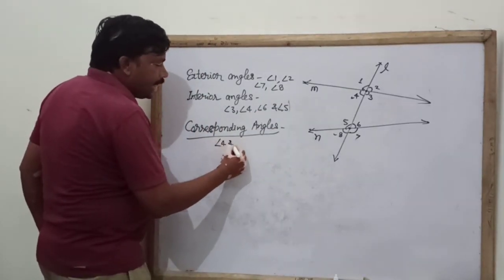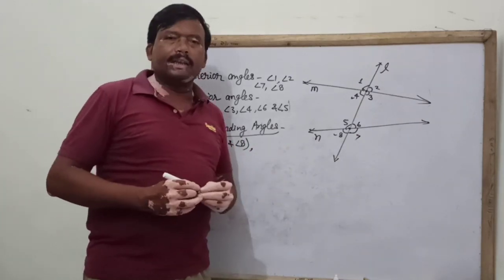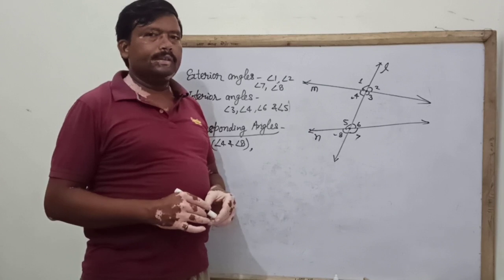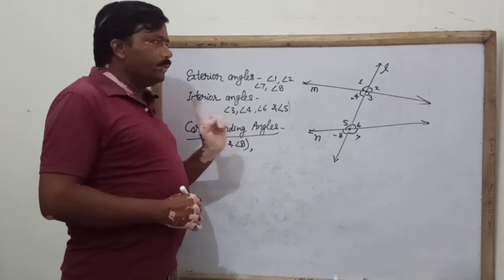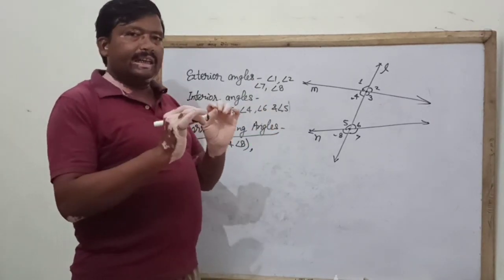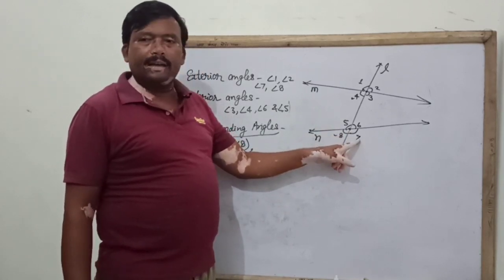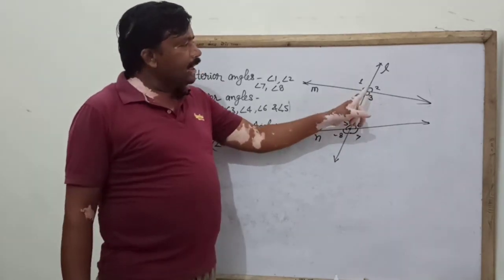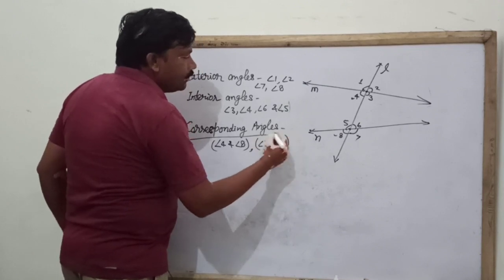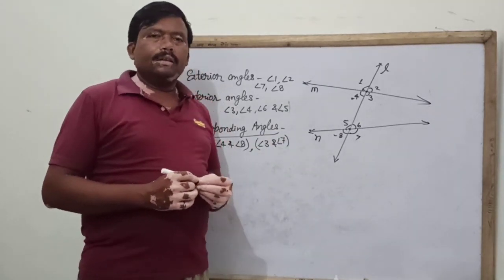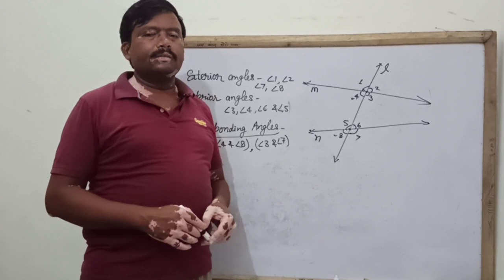Angle 4 and angle 8. These are corresponding angles. One pair is found here, and can you tell me other pairs? As you have learnt about these two, you can find other pairs easily. Like this, on the right side there is also an angle, and here is also this. Then another pair, angle 3 and angle 7. These are also corresponding angles. Can you tell me some more pairs of corresponding angles?